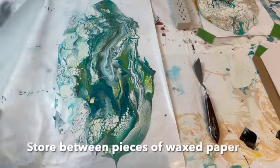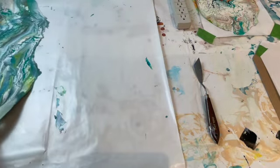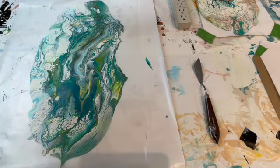To store the sheets, I use pieces of wax paper, and I'll just put one layer down, get another piece,